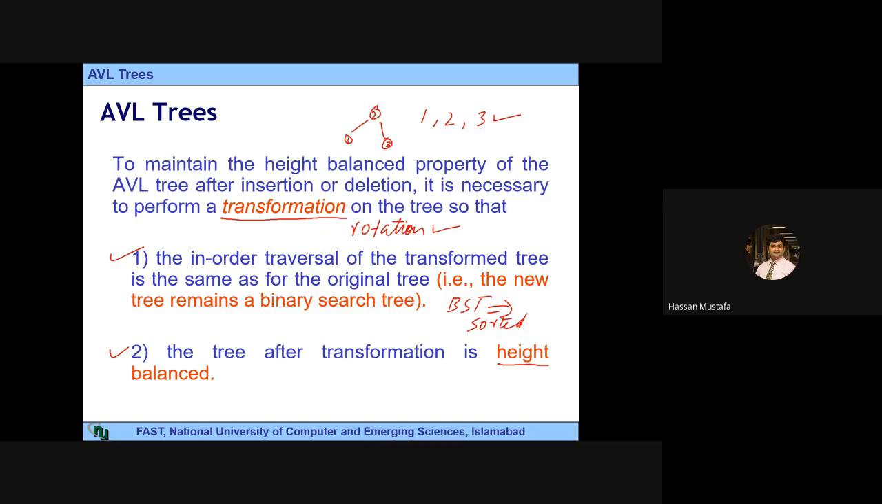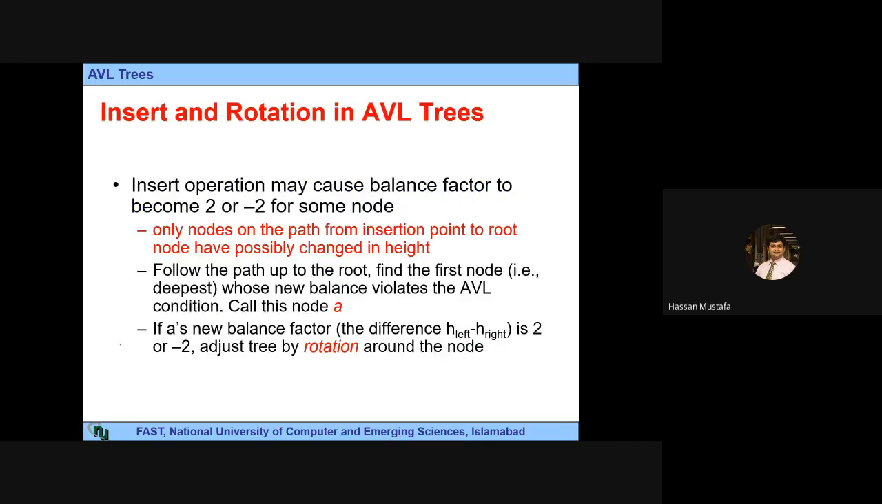The transformation is what I just showed in the previous slide, that I would make some adjustment. The correct word is I would perform a rotation on the tree to maintain these two properties again. So that's how we actually keep a tree AVL even after insert and delete operations. What we would do is that if we just made an insert or a delete operation, let's just talk about insert first. If we just make an insert in an AVL tree,